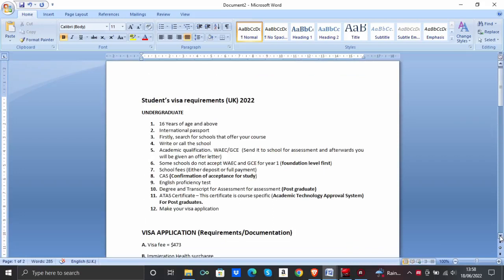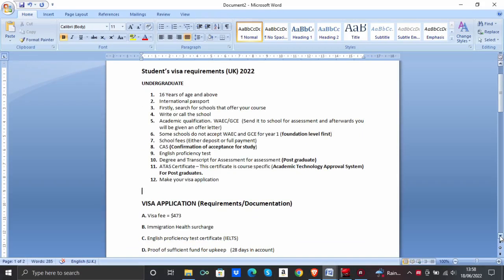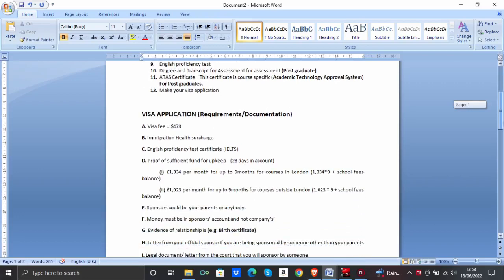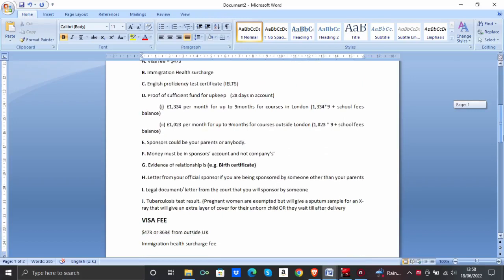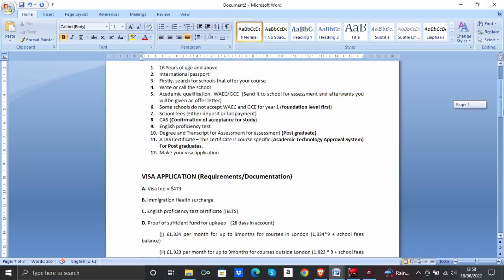So after that, the next step is what they call proof of sufficient funds. You need to prove to them that as a student you'll be able to sustain yourself while studying in the UK. And how much is that? How much you can show that you've got? The fee is about